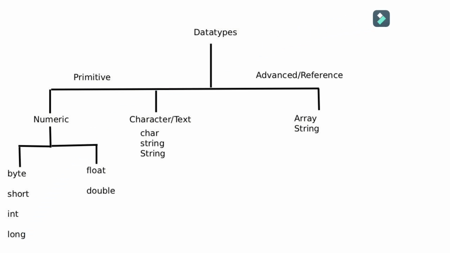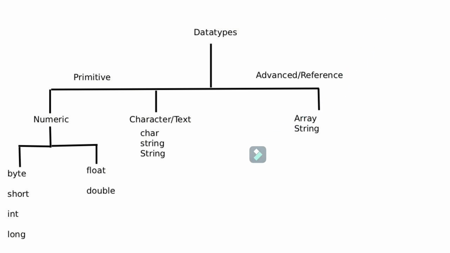And in decimal numbers we have float and double. For these two, the range will specify the amount of numbers after the decimal point. So float is for the smaller one, and double is for the big decimal numbers. Then after this we have the character data type. It will store one character in 1 byte. Normally it is the same in all the languages.